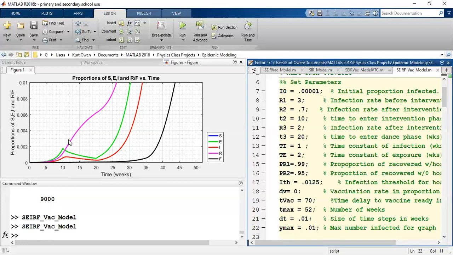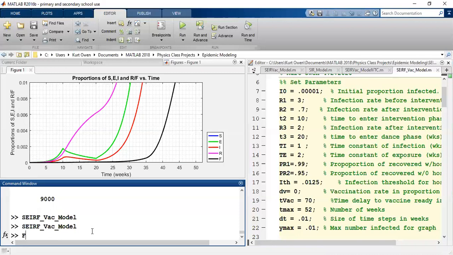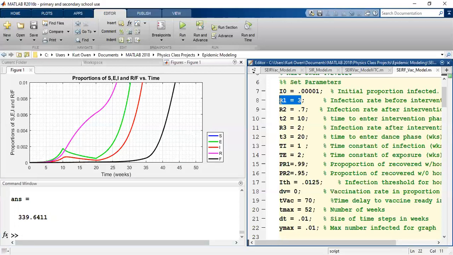But we might have a more realistic number here. Let's go ahead and see what the fatalities are at week 14. And I'm going to multiply that by 9 million just to get a sense of the number. Now that number is probably a bit low. Okay, so we certainly have had more fatalities than that. So it's possible maybe the transmission rate is more than 3.